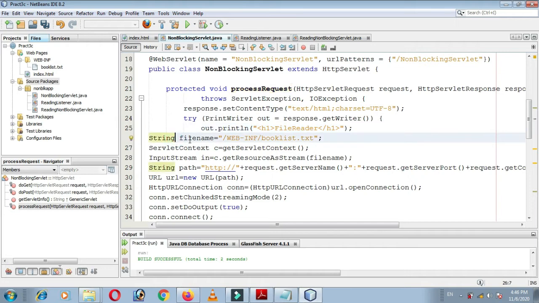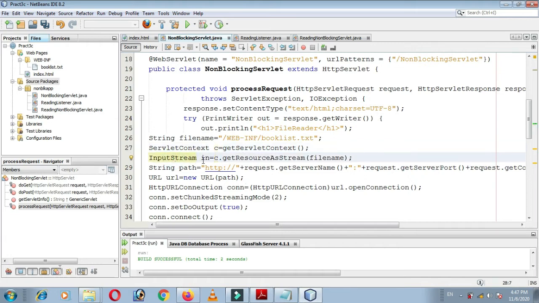Then next is a string fileName equal to WEB-INF slash booklist.txt. This is the file name in our case, and WEB-INF is the folder name. Then next, ServletContext c is equal to getServletContext. This servlet context will give us all the information which is related to this application environment. So here we are obtaining the context object.